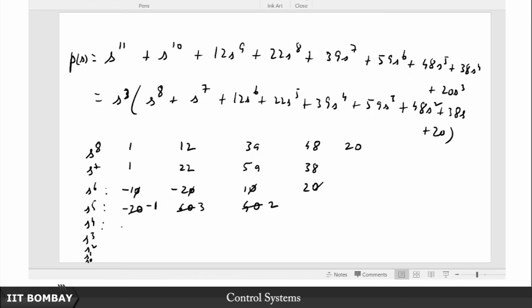Okay. And then I go to the row for s to the 4, so I will get just 1, this is 2 plus 3, that is 5, and this is 1 plus 2, that is 3, right. Hang on a sec, let me check this. This is 1, 3, 2 is what I have gotten here at the row corresponding to s to the 5. So I think at some stage this is,